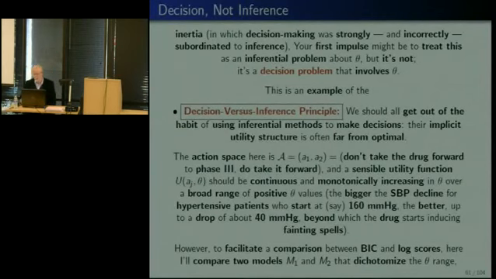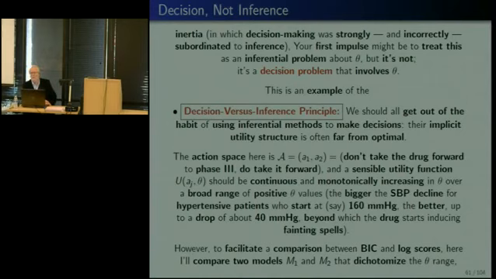However, in order to make a comparison between hypothesis tests on the one hand and Bayesian model comparison on the other, which will allow us to compare BIC and log scores, I'm going to compare two models that dichotomize the theta range. And now your first impulse, again, under the inertia of the 20th century, would be to dichotomize them at theta greater than 0 or theta less than or equal to 0, standing for improvement versus no improvement or